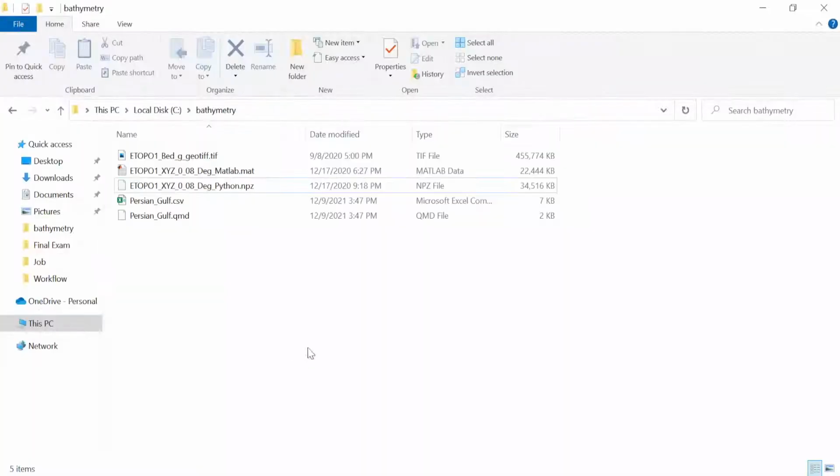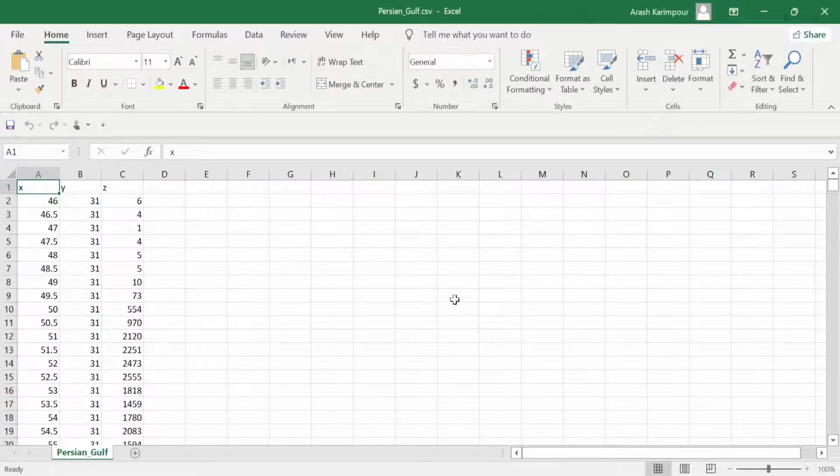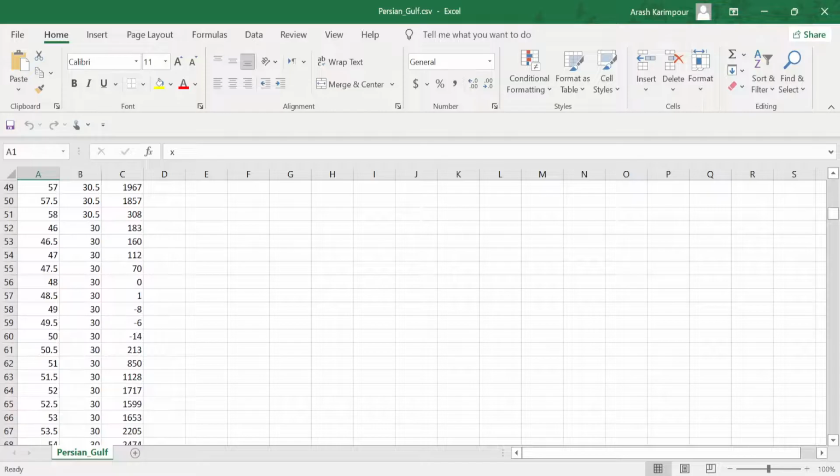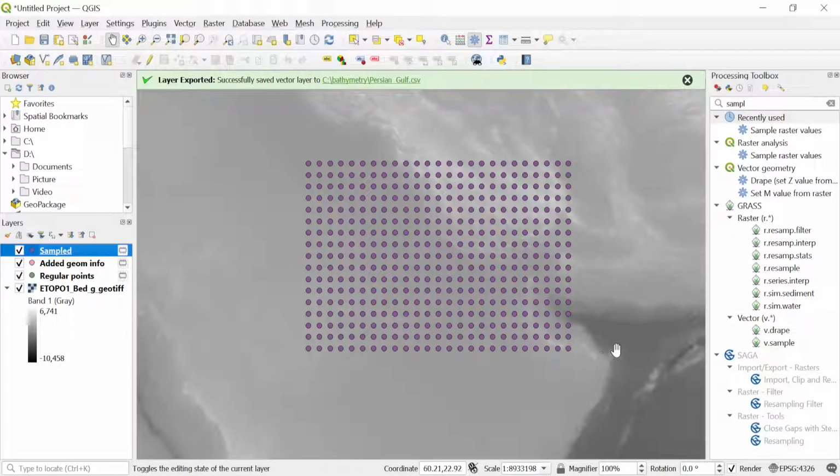So if I go ahead here and open it, you can see it's exported X, Y, Z, and all those data that we want. So this is how we can export a part of the TIFF or the entire TIFF file on the custom grid rather than export it on the original resolution of the